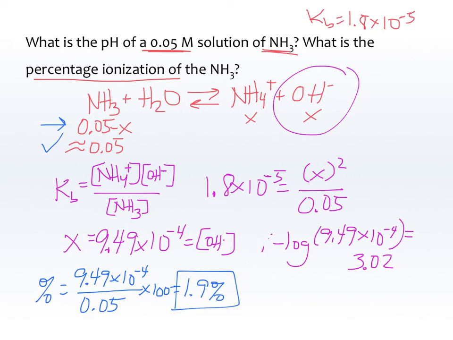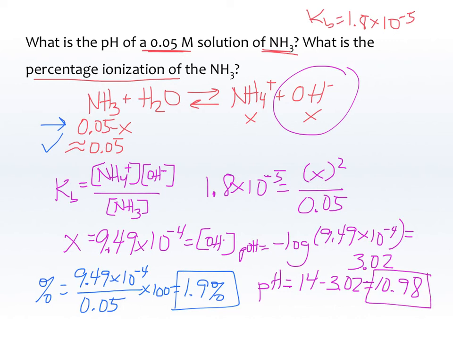Let me make that prettier. pOH equals 3.02. So if I want the pH, then I'm going to have to subtract that from 14. 14 minus 3.02 is 10.98. And there is your pH for this